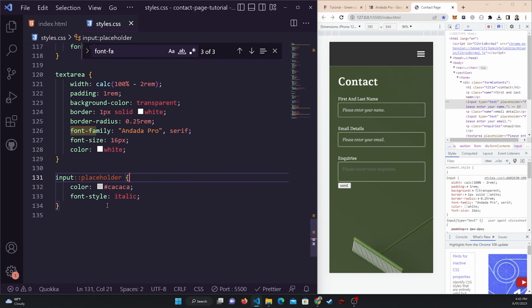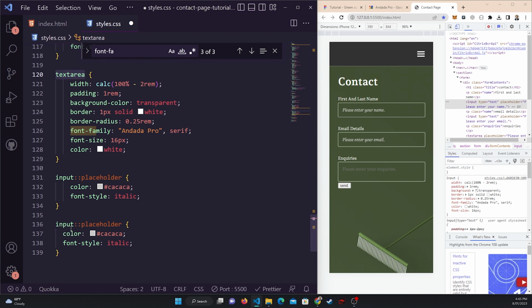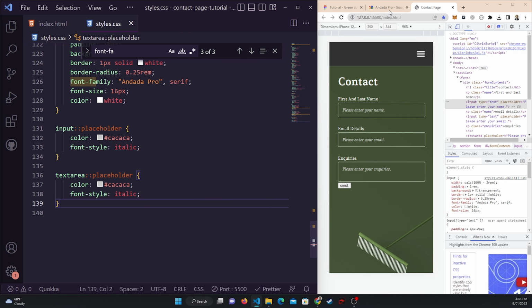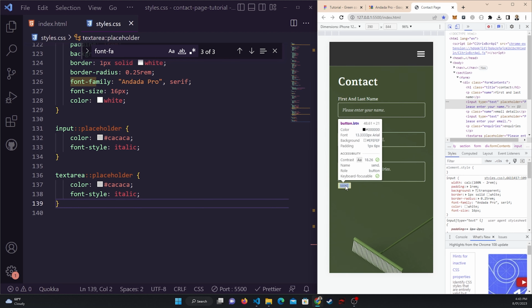That's starting to look really nice. Copy this. Instead of input, just put in text area. Awesome. That's looking really, really clean. Fantastic. The next thing we want to do is the button. So if we come to the button,